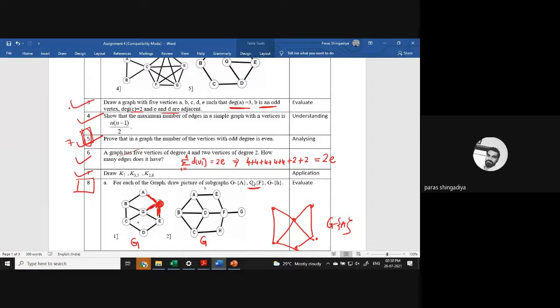And the third one, small h is mentioned. Here h is given in between C and D. In the third case, you have to just delete this edge. ये सिर्फ एज यहाँ से डिलीट होगी. ठीक है, रेस्ट ऑफ ऑल द वर्टेक्स विल बी एज इट इज. कोई भी वर्टेक्स उसके साथ डिलीट नहीं होगा. ठीक है, सिर्फ यहाँ से एज को निकालना है. Is it clear?